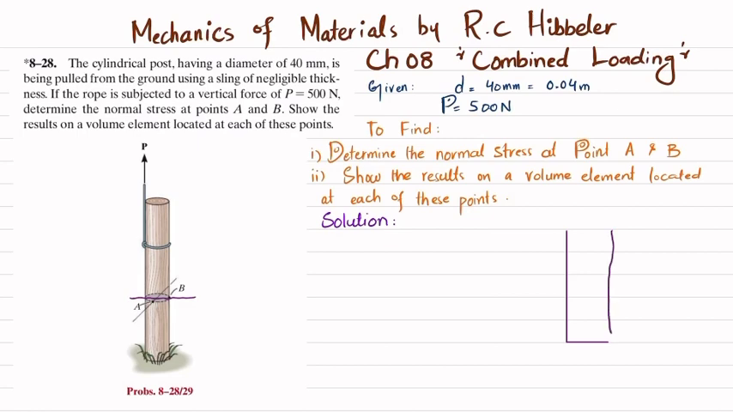This will be the post. There is a load of P at this end. This is P. This is the diameter of this post, and this diameter is 40 millimeter. So when you cut it, you will be having a normal force that is acting at the center of